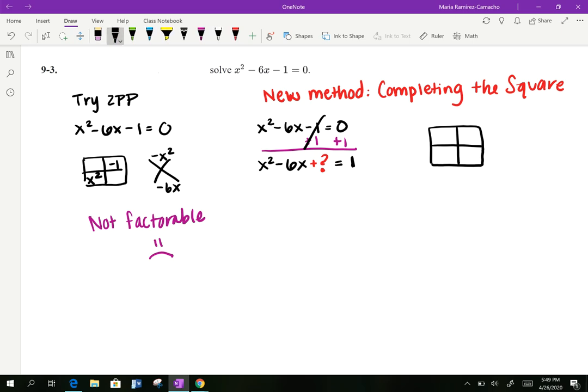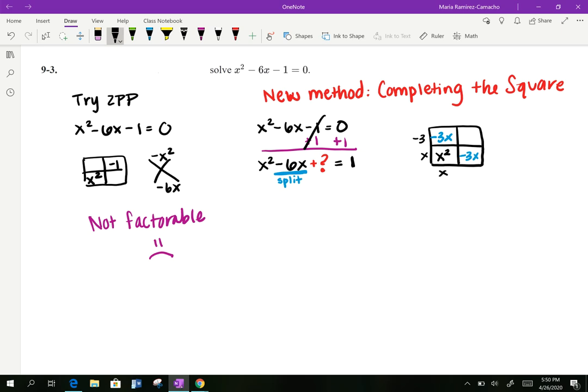Let's use the generic rectangle as we've been doing. Put the x squared term here. We don't have this constant term. We do have the x term. Let's split this in half. What's half of negative 6x? That would be negative 3x. Okay, negative 3x plus negative 3x is negative 6x. That's perfect. Let's find the length and the width of this